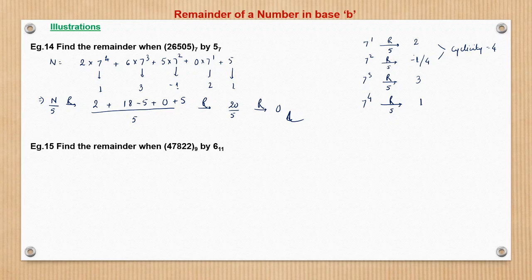We'll see one more example. Let us see, here the base is 9, the divisor is 6. So we'll see what happens when 9 raised to power 1 is divided by 6. The remainder is 3. 9 squared, what happens? 3 into 9, again it will give 3 only. This cyclicity thing we have seen in the remainders classes, so you may refer back to those sessions. So whatever power of 9 you take, the remainder when divided by 6 will be 3 only, right? So this we can see now.